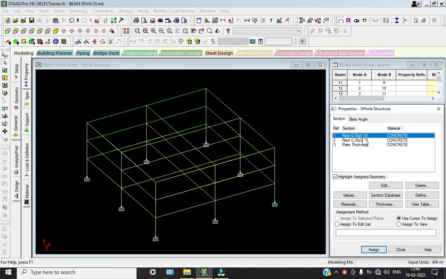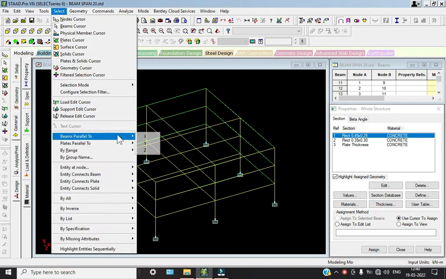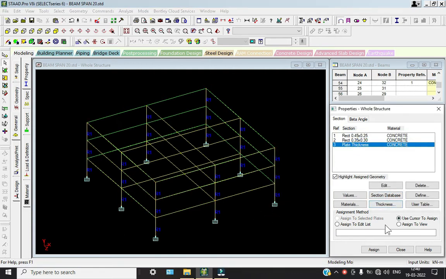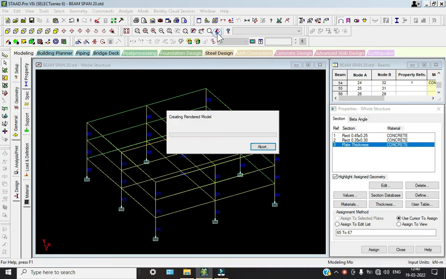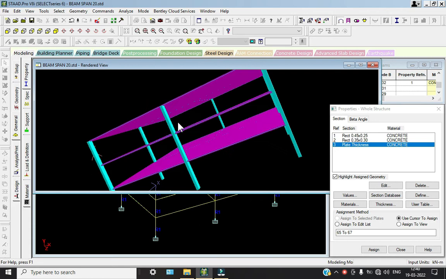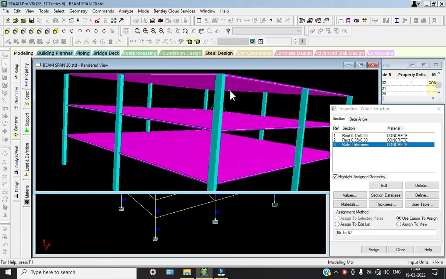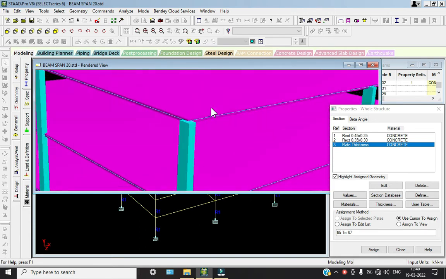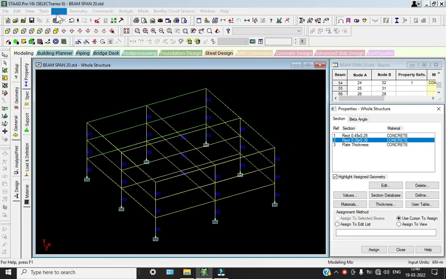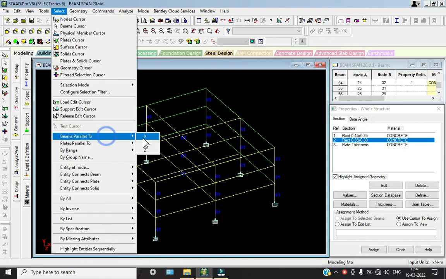Here I'm going to take this one as 4 columns, parallel to Y, assign and S. Go to plate thickness, assign to view, assign and close. So it will be assigned, right? Here we can see our building structure of our size, right? Next we're going to assign this one, select beams parallel to X,